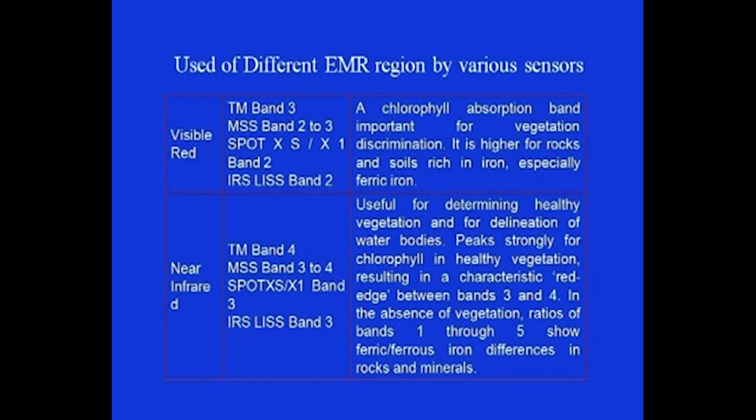The next spectral region is the near infrared, with TM band 4, MSS bands 3 to 4, SPOT XS band 3, and IRS LISS band 3. Well, this is useful for determining healthy vegetation and for delineation of water bodies. It has strong peaks for chlorophyll information in healthy vegetation, resulting in a characteristic red edge between bands 3 and 4. In the absence of vegetation, ratios of band 1 through band 5 show ferric and ferrous iron differences in rocks and